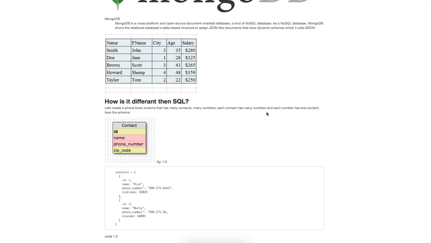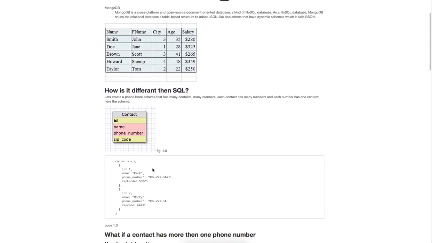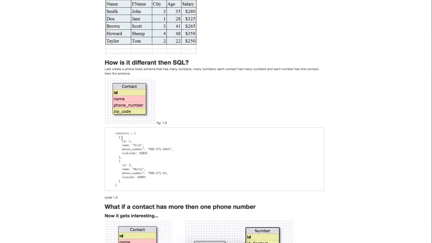And so the first way that we're gonna structure it is we're gonna have where a person can only have one phone number. That's easy. That doesn't introduce any problems. That doesn't produce any duplication or anything like that. So if we look at this schema, we can see that every contact has a name, a phone number, and a zip code. And so if we just visualize this in like a JavaScripty, JSON-y way, we can see that